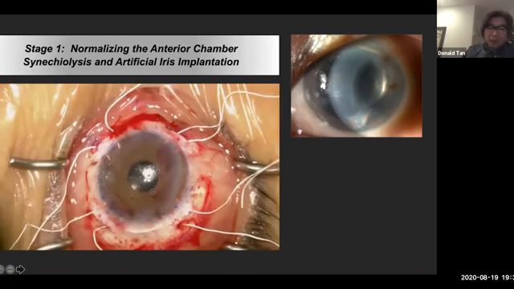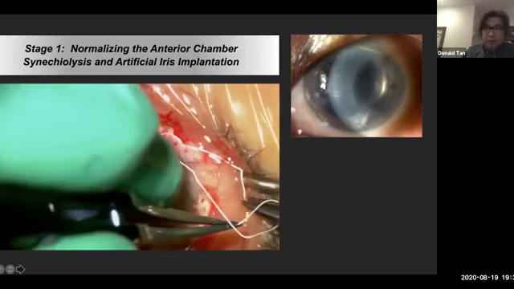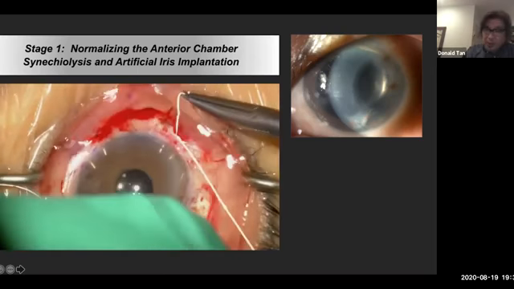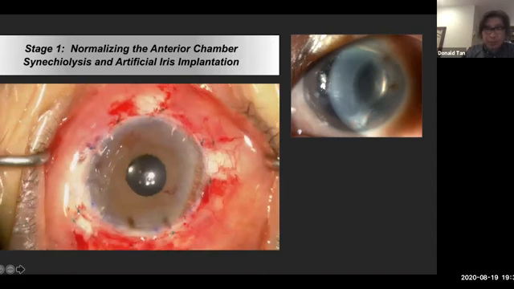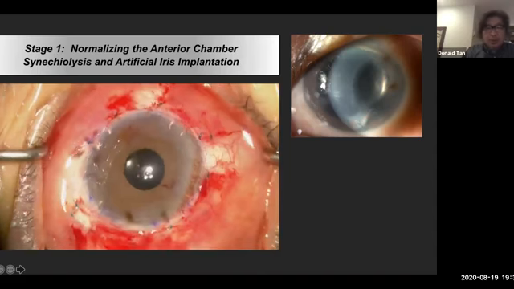What I haven't shown here is I've already removed some of that peripheral iris. I've done a vitrectomy. I tend to use a vitrector to cut away the iris. Don't want to pull, you get hemorrhage. So at the end of the procedure, these scleral incisions are closed and the conjunctiva is all closed up. And that's the end of that procedure.